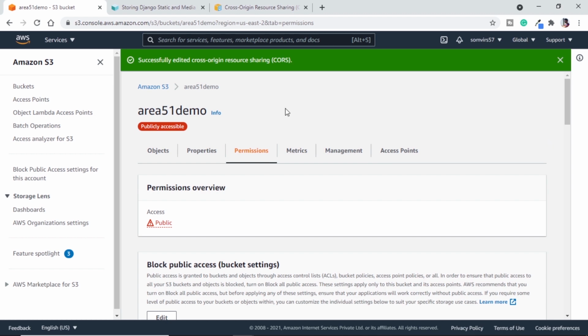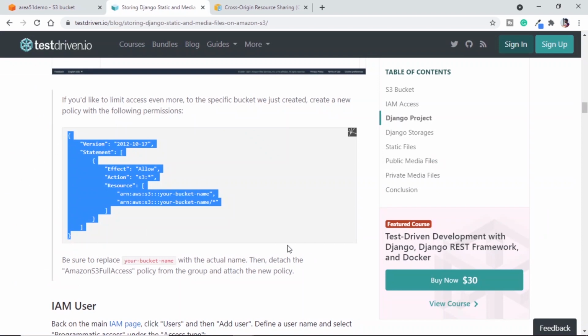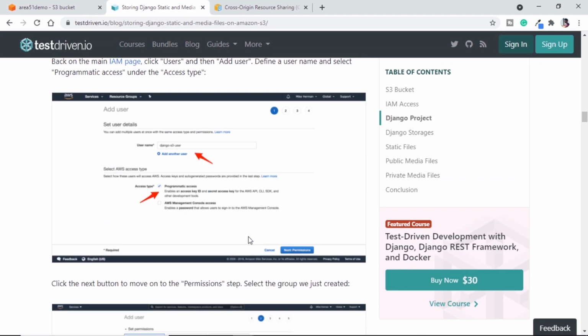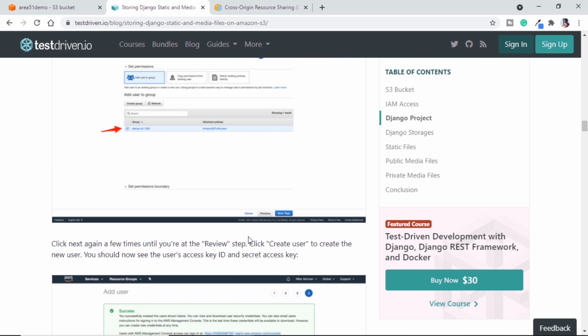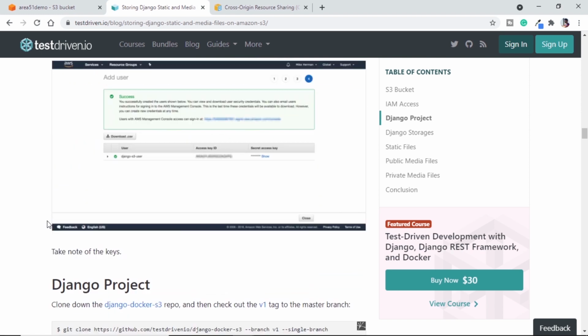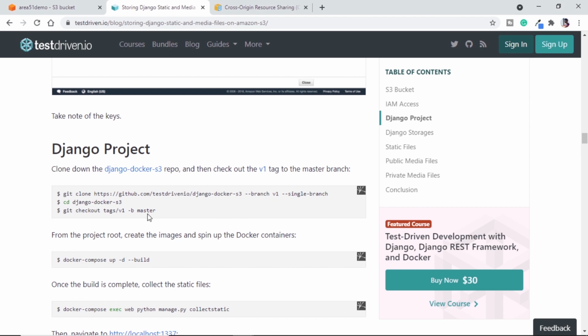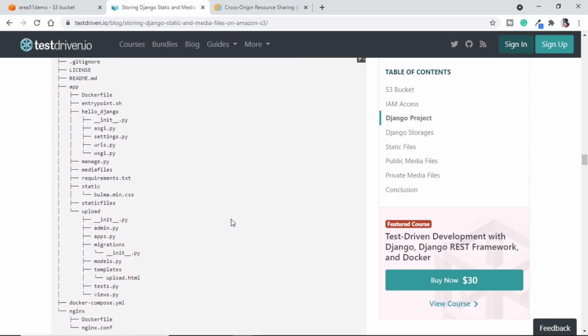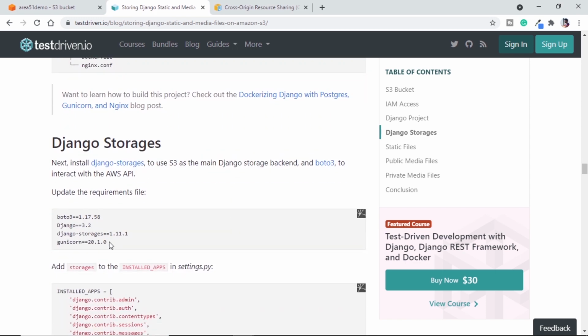Now we need to see how we can use our Django application to put our static files in this bucket. For that, we can either take help of this blog that describes how to use AWS in our Django project, or you can directly see what I am doing and replicate that. So let's see how it is done for our Django project. Let's ignore this for now and see what dependencies we need. So here are all the dependencies we need to install.